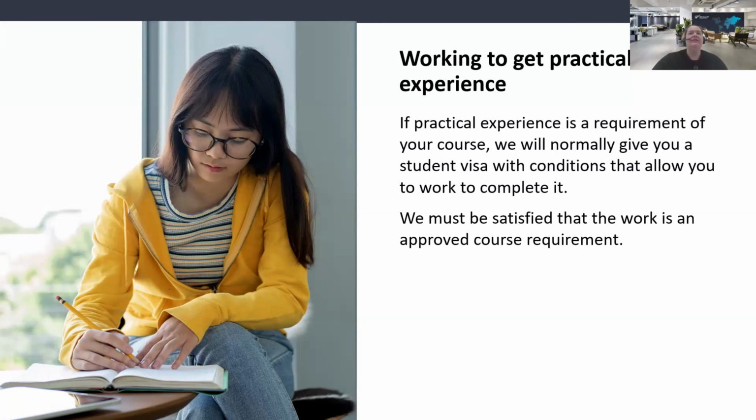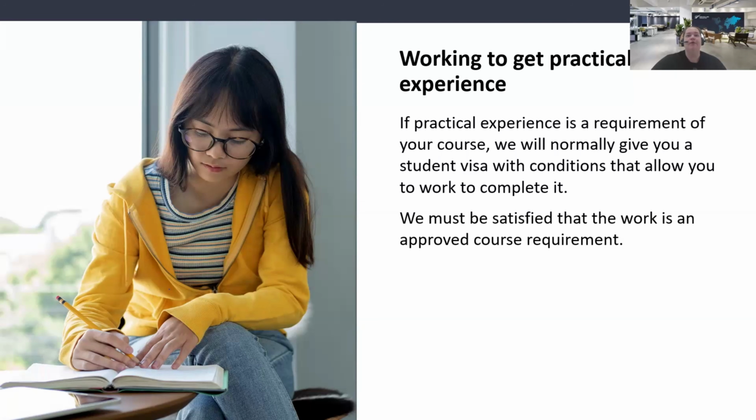It is important to remember that any work undertaken under these conditions must be directly related to your approved program of study and meet the requirements set by your education provider. If you are unsure whether a placement, a work internship, a practical component is covered by your visa conditions, please check your visa carefully and speak with your education provider or alternatively Immigration New Zealand before you start the work.